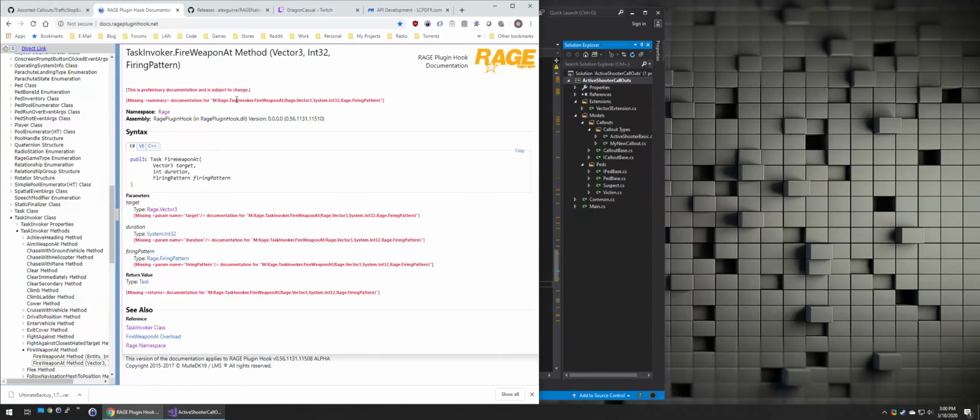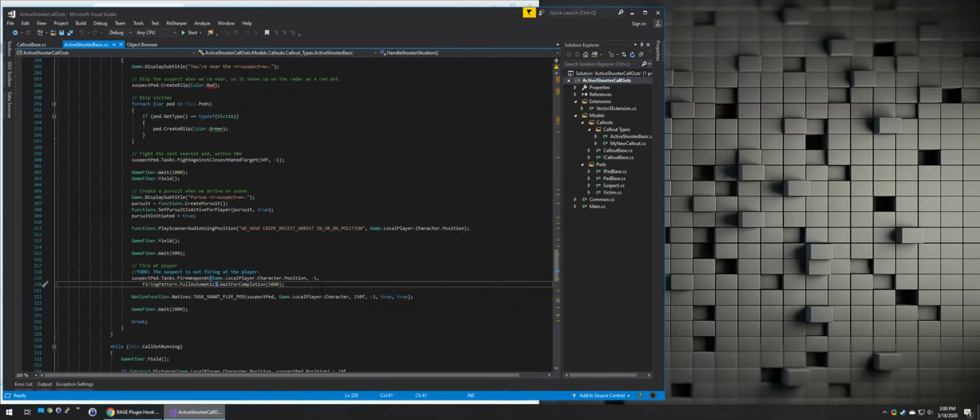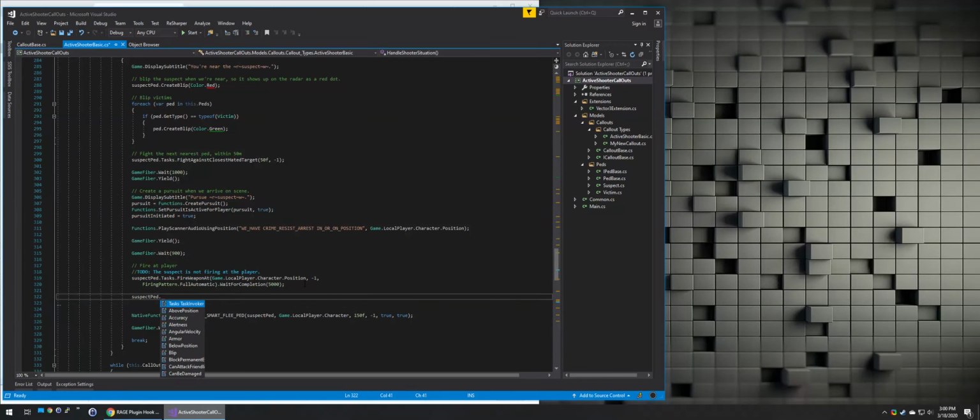This method doesn't really have a good description. Target duration, firing pattern. We use this one, fire at entity, target. I feel like we might have to use the fight against player, so we're going to change this. I'm going to tell it to fight against the player. So suspect, head, tasks, fight against the player, which is game local player, character,